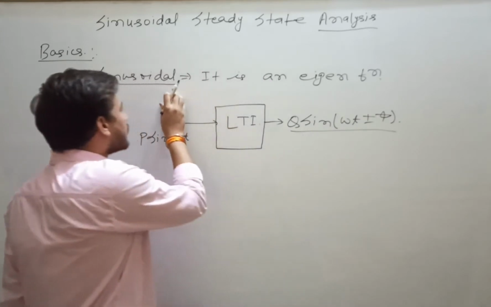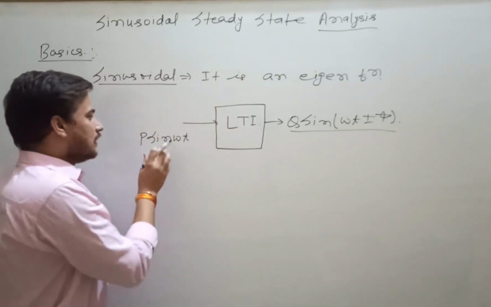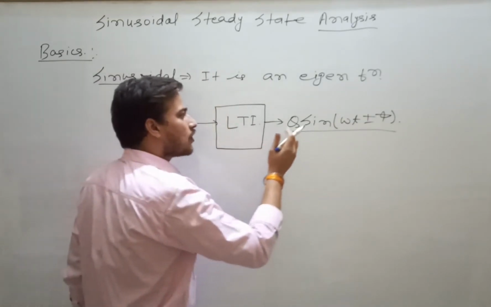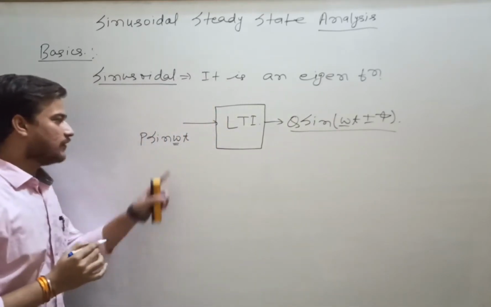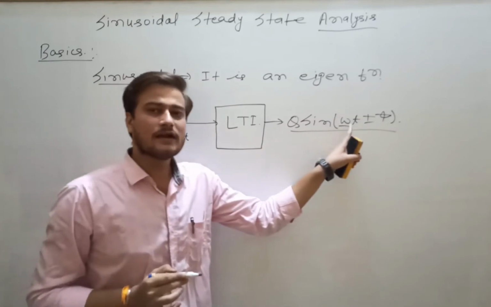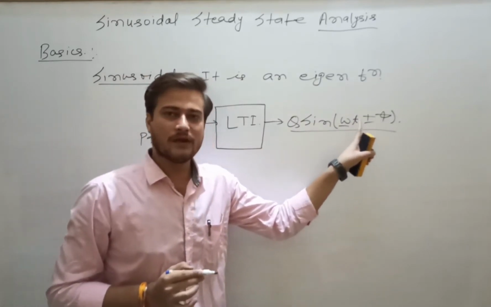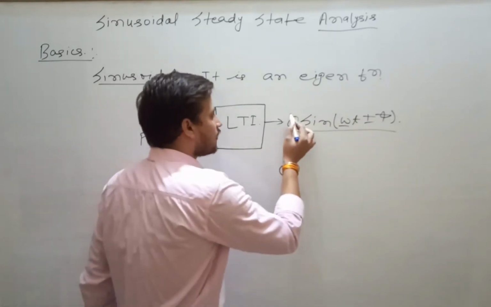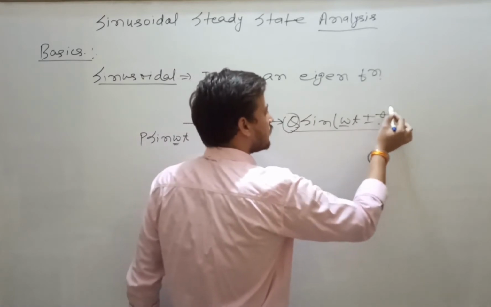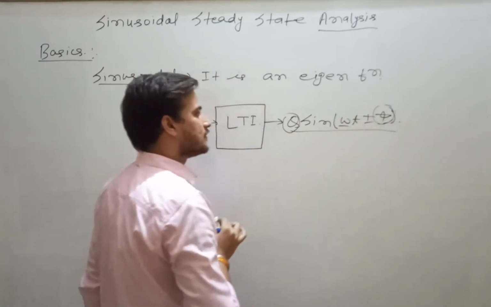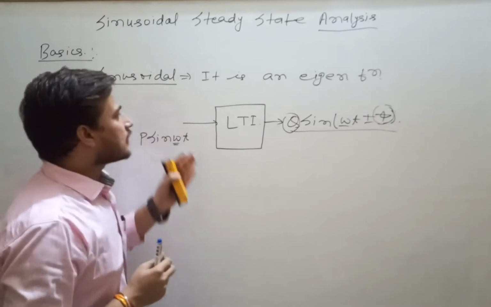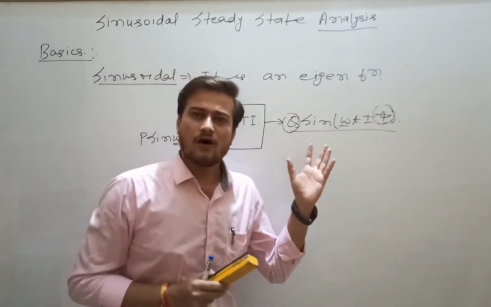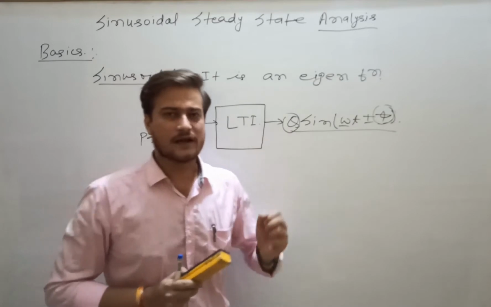So sinusoidal function is the only function that is giving you the output of the same frequency. That means if you are applying the frequency of 50 Hz, here also you will get the output frequency of 50 Hz. Only the magnitude and the phase of the signal will shift. Clear? So that's why sinusoidal function is taken in all the alternating circuits.